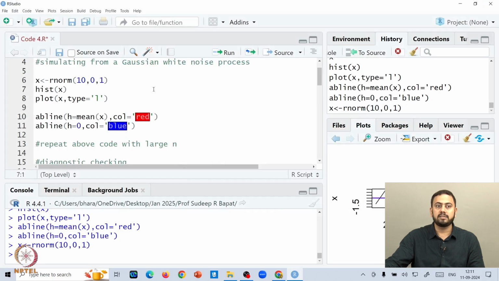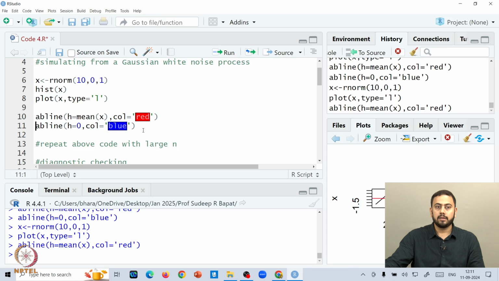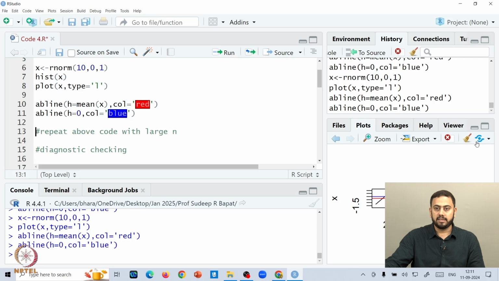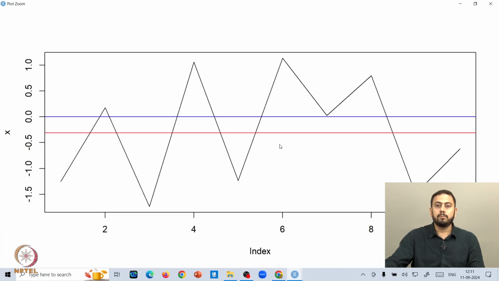So if you simulate the same thing again and try to plot it, hopefully we should get slightly more of a difference this time. So yeah, the red line is here and the blue line is there. Now probably this plot makes more sense as to what may be a problem. I'm simulating a newer data set now, and all these observations are still coming from a normal distribution with mean 0, by the way. This blue line is at 0 and this red line is at the mean. And here you can clearly see a large difference between the actual mean and 0.